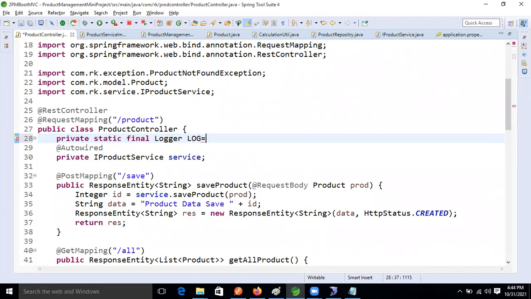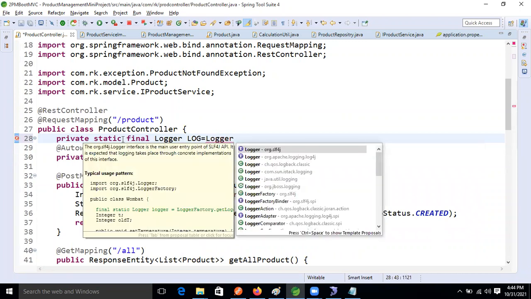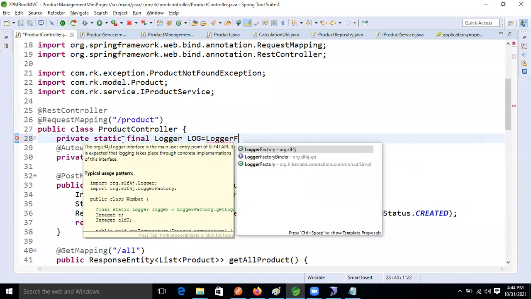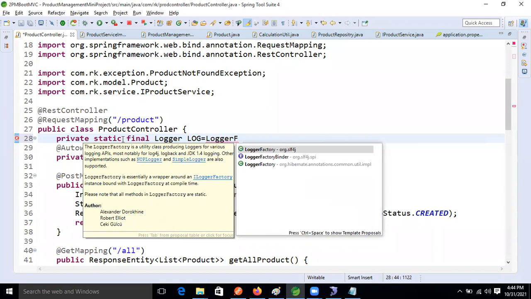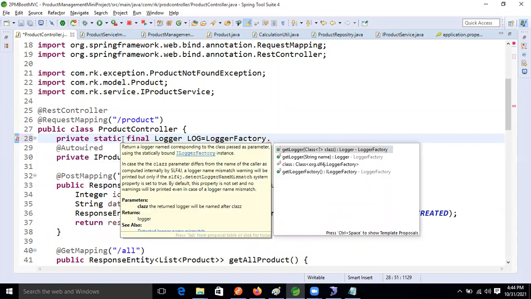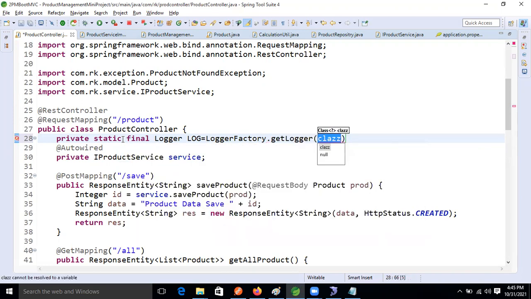So LoggerFactory is there, right? LoggerFactory.getLogger, yes it came. It's my mistake, guys. We need to take getLogger, right?